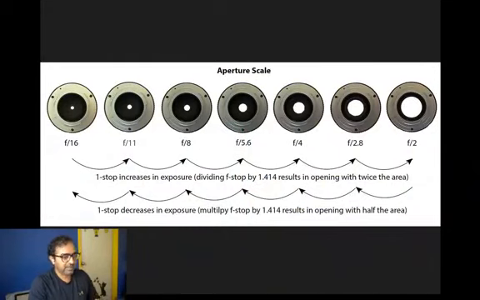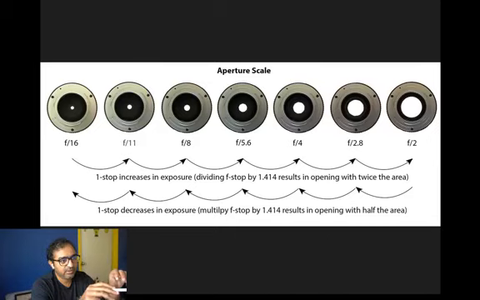So on the aperture scale, there's a reason why it says f by 2, and we'll talk about that when we talk about lenses and depth of field. But for now, just take it as a representation of a number. So f2 on this lens, let's assume that is wide open. Now, how do I say one stop down? What do I change in the lens to make it go one stop down, which is let in half the amount of light? I have to go from f2 to f2.8. And if you have to go another stop down, you go from 2.8 to f4.